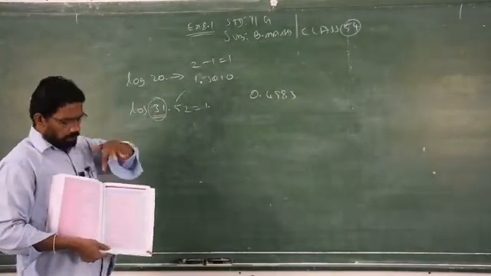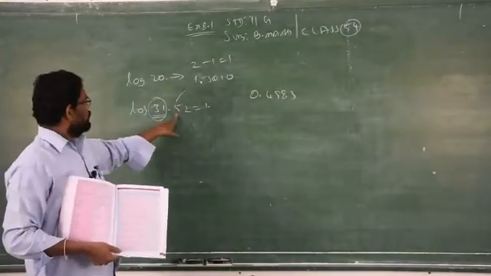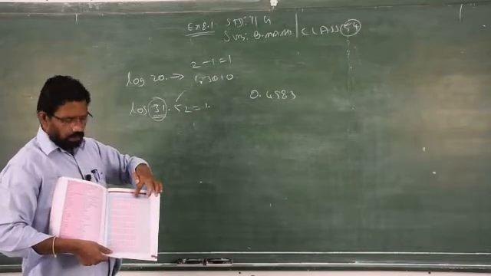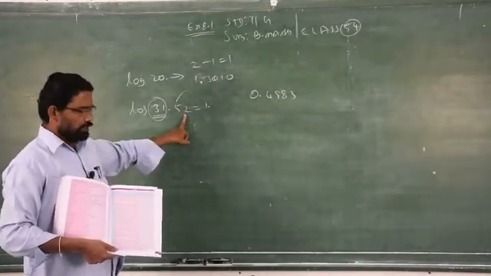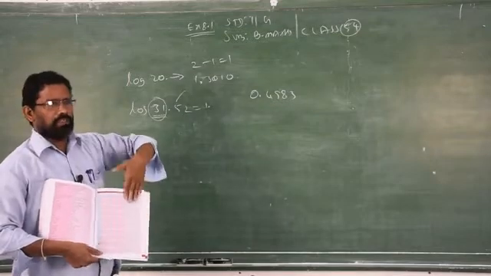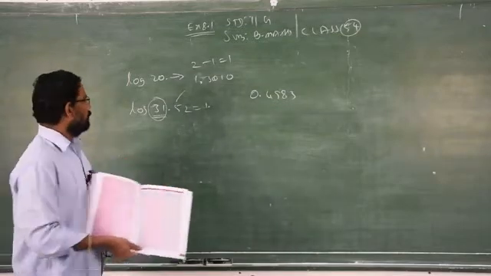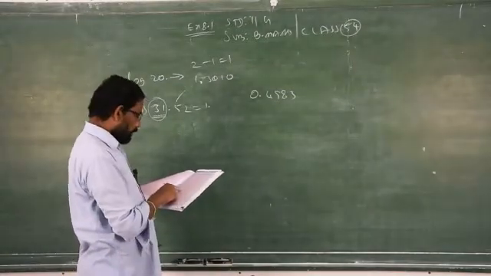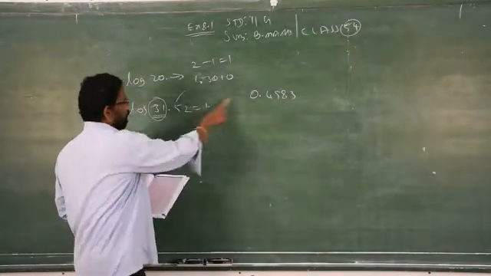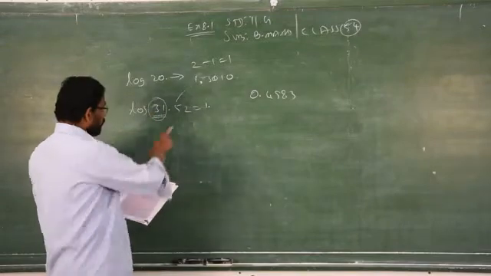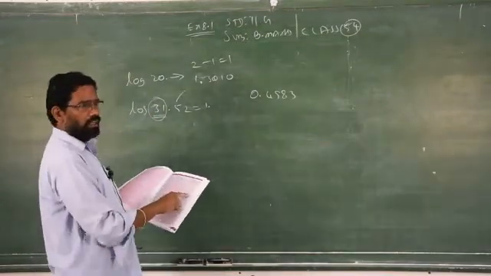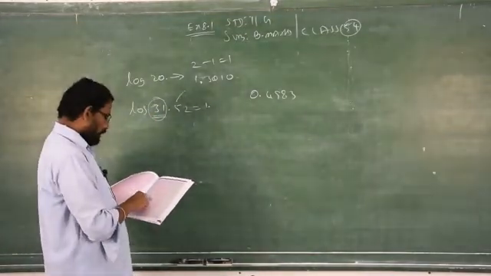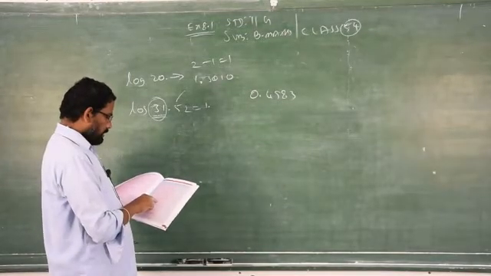First 2 digits, first column. Third digit from 0 to 9. Then the fourth digit you have to see in the mean difference. Clear? The last from 1 to 9. So 31 under 5, I got this answer. Then the fourth digit you have to see in the mean difference. 31 under 5, I got the answer.